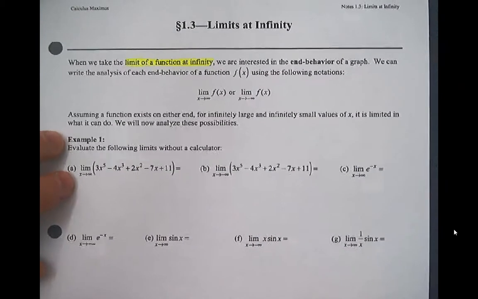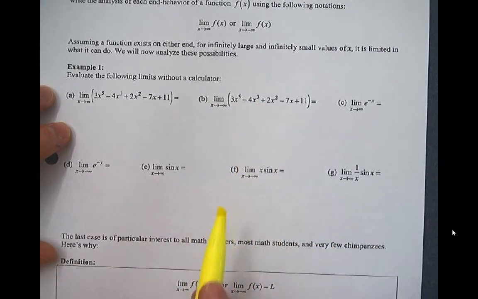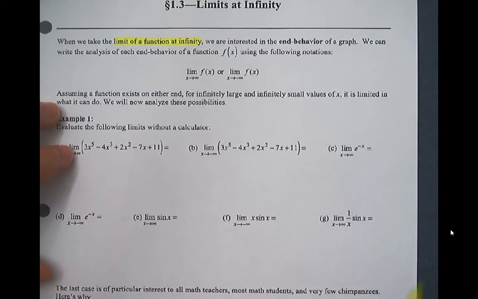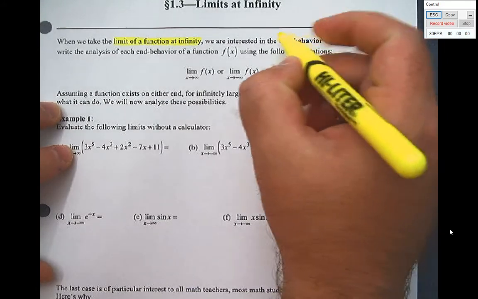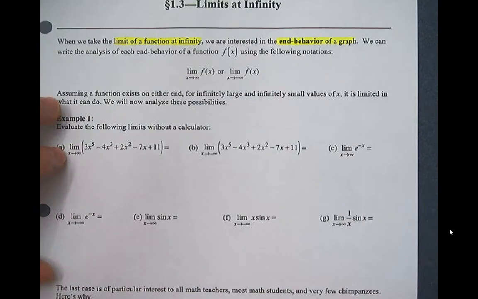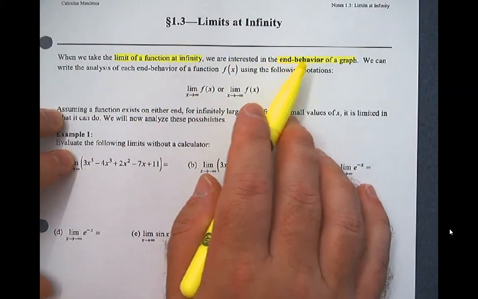Now to figure this out, usually we take something that's really complicated and we try to turn it into something much less complicated that is going to have the same end behavior. I think I misspoke there. So we're trying to find the limit of a function at infinity, which is also known as the end behavior